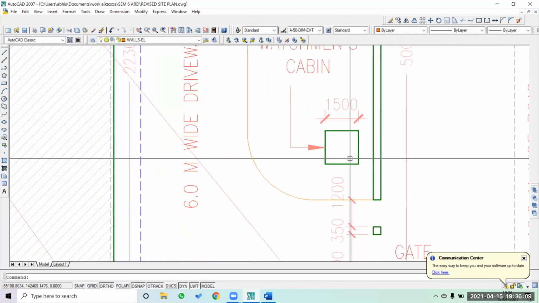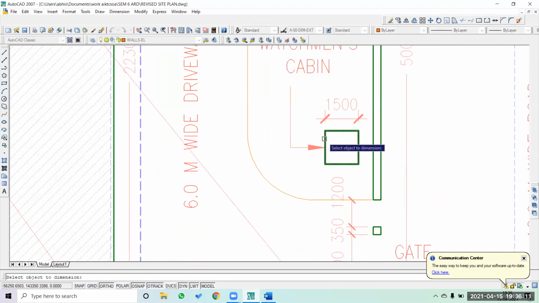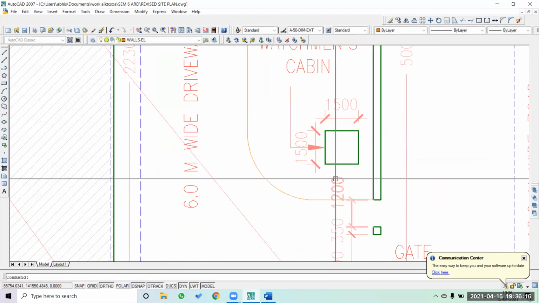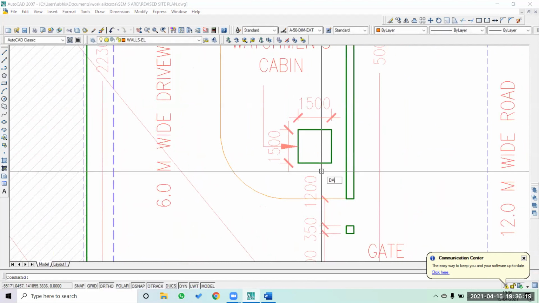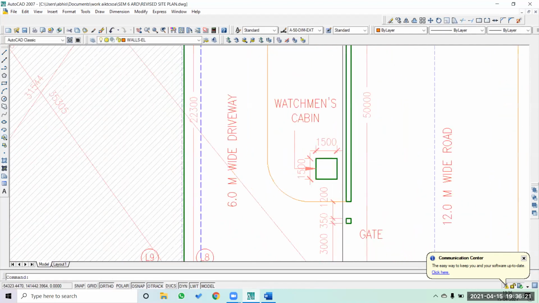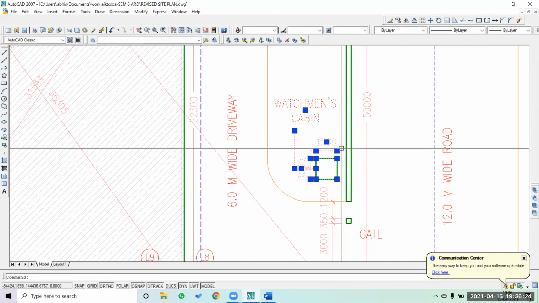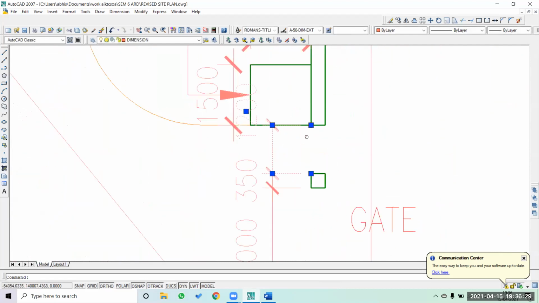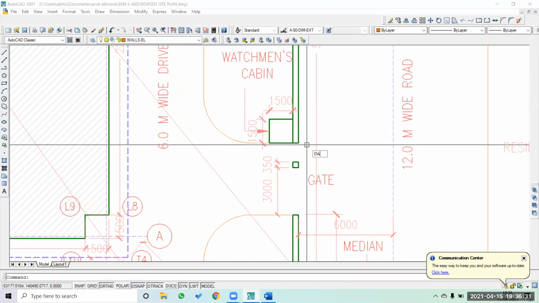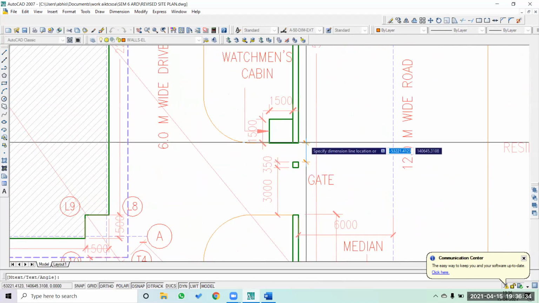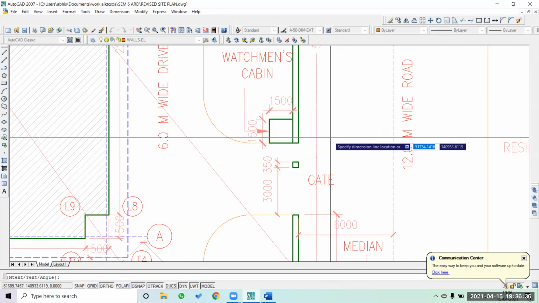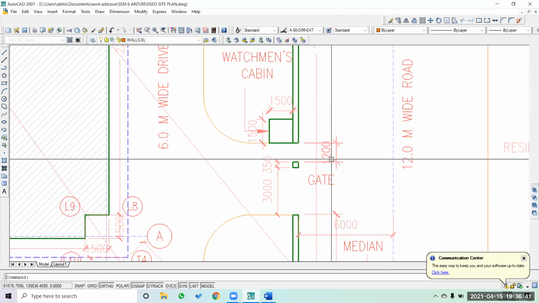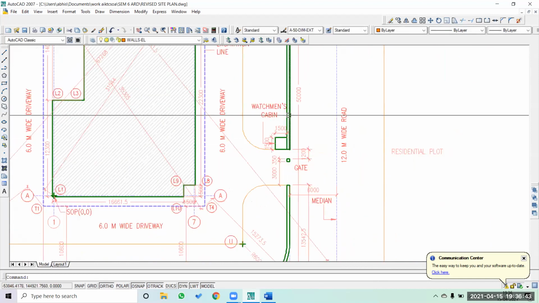So that is how a 1500 by 1500 ready-made watchman's cabin has been created, and then you can simply provide this particular information. If that information is creating some kind of hurdle, it can be given here. That's it. So we got the watchman's cabin now.